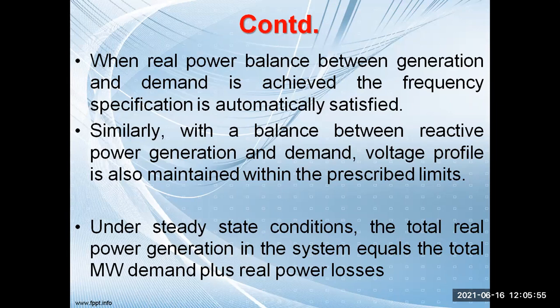We have to understand this concept also. The real power generation, real power meaning the active power, must be equal to your total load plus some transmission losses. Those losses will also be supplied by the generation. The generator has to supply those losses. Otherwise, the amount of loss incurred in the transmission line, that particular power, where will it come from? It will come from the generation itself.